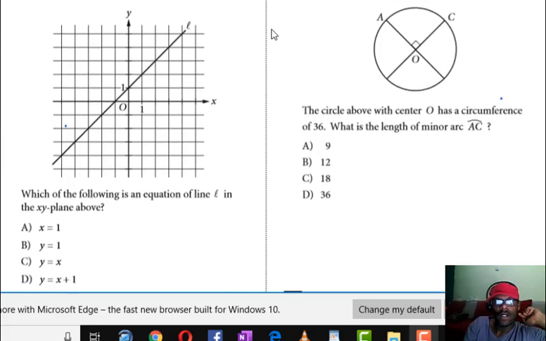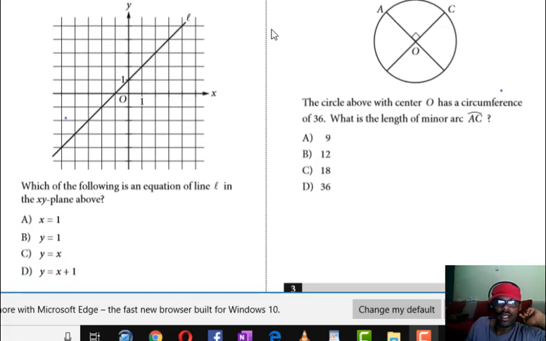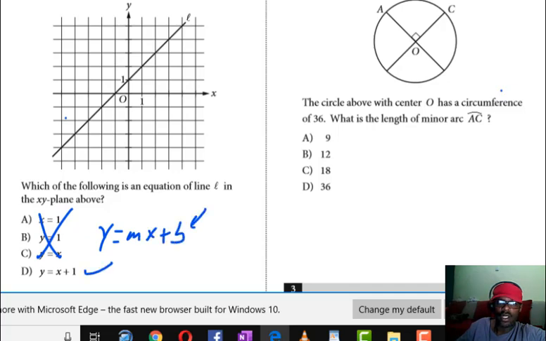የመጀመሪያው ጥያቄ ምንድነው እንደምታዩት which is the following equation of the line in the xy plane above ይላል so look as you can see it passes through the y and the x-intercept. The only equation that gives you this situation is only D. x-intercept y-intercept መፈለግ አይጠበቅባችሁም ይሄ ሶስቱ አይሆንም ምክንያቱም according to this they have ለምሳሌ ሁለቱ y-intercept ብቻ ናቸው x-intercept የላቸውም። y is equal to mx plus b satisfy የሚያደርግልኝ ይሄ ብቻ ነው።